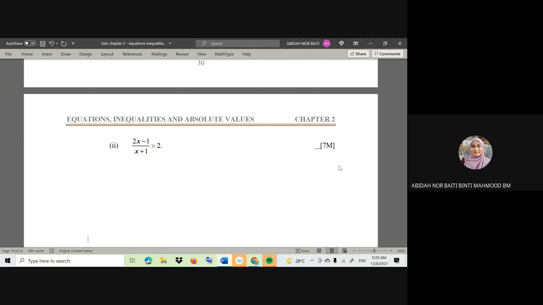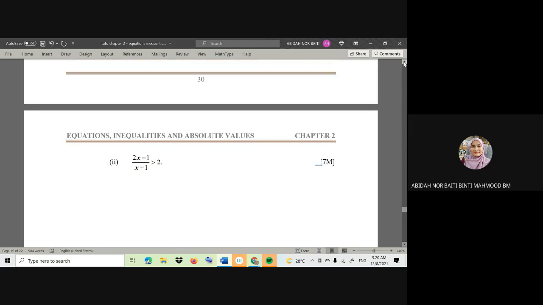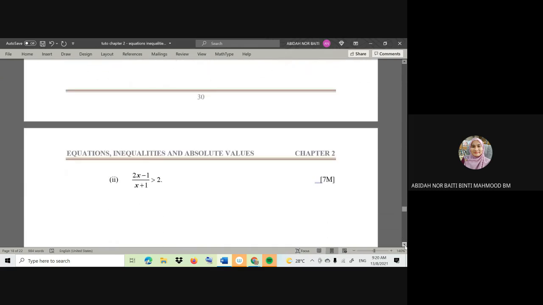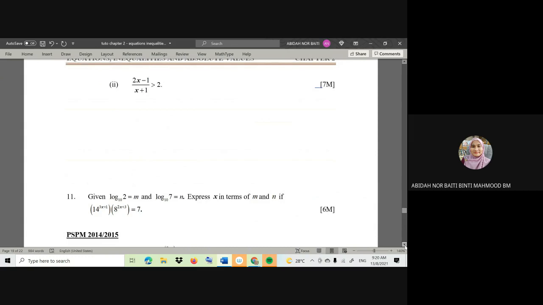Kita nak kanan tu 0 ya. Kita nak kanan tu 0. Macam soalan A tadi boleh terus substitute, because at your right side is already 0. Yang Roman 1 tadi, at your right side is already 0, so we can substitute direct sajalah. For question Roman 2, you have to